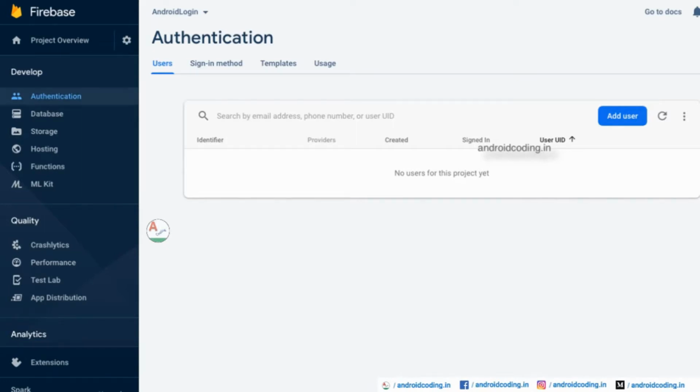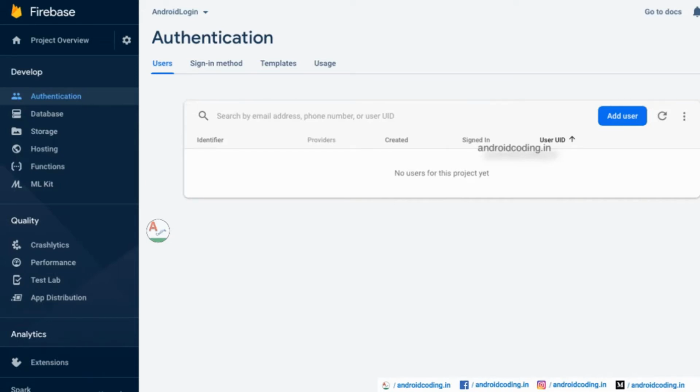So here in the authentication section, if you are having any trouble reaching till this particular screen, the detailed code is available on our website, and the link is provided in the description section below.